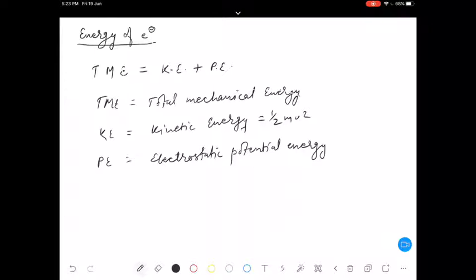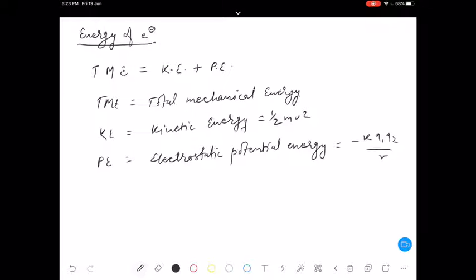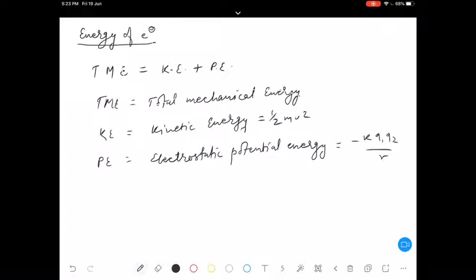Basically it is the potential energy of a charge system. Here we have a charge system, electron and nucleus, right? So for them we can write it as minus k q1 q2 by r. Why am I writing minus k q1 q2 by r? That I'll discuss first, and I will define why this energy can even be negative. That's what I'll be discussing now.